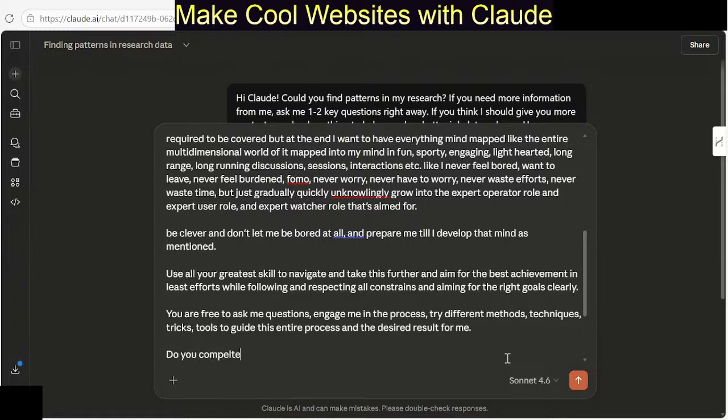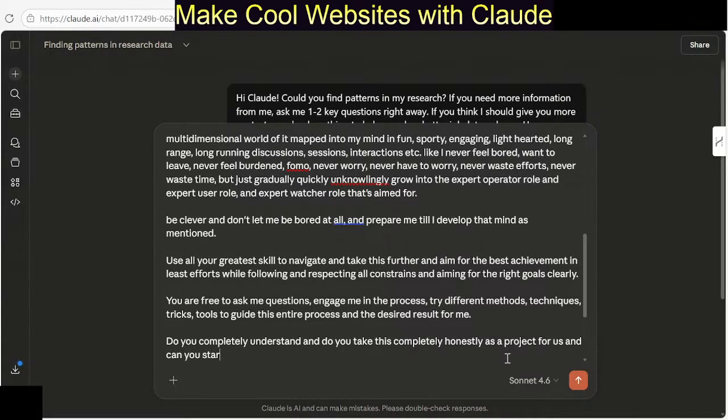Do you completely understand and do you take this completely honestly a project for us and can you start our track now, our picture of the right action always suggest